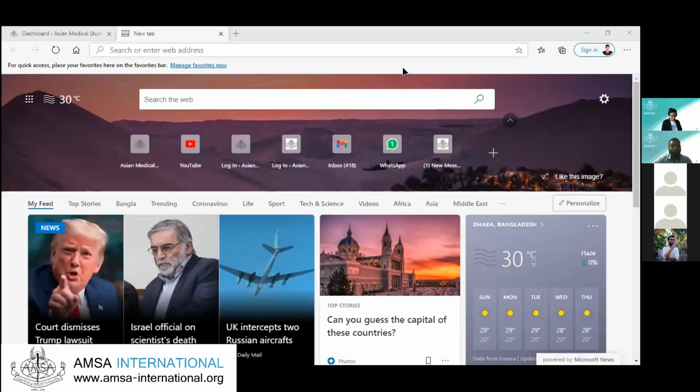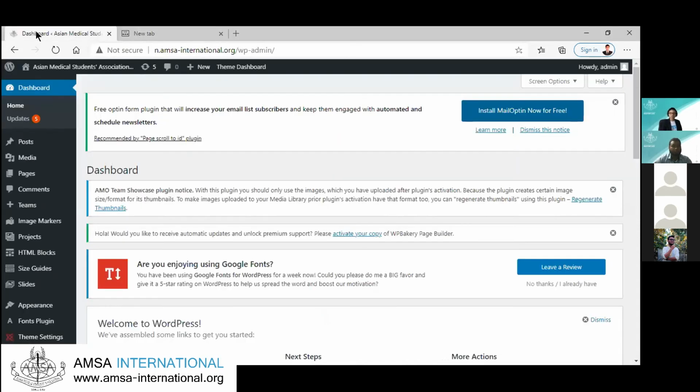Okay, everyone, can you see my browser? Yes, it's visible. Okay,